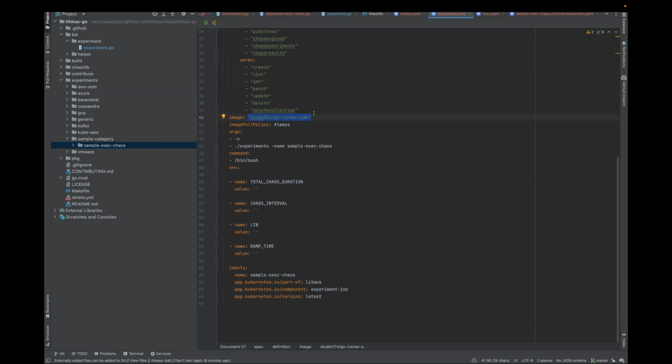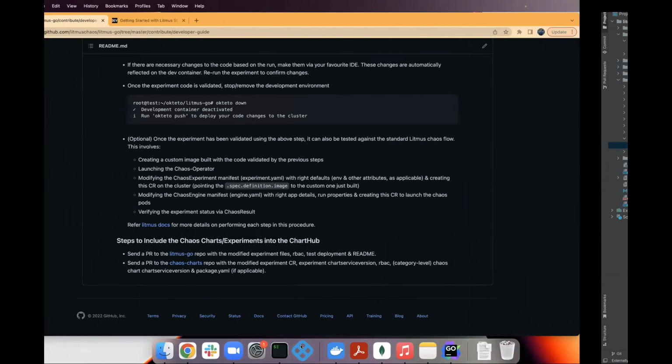Chart. Okay, so this is part of the steps. I thought it could be created either as an experiment or a chart. So first we create an experiment, then we build an image, and then we create a chart where we reference that image. Correct. The chart is just a way to run the experiments. Okay, got it. Thank you. Yeah. Okay, do we have any other question, or can we go with the demo?